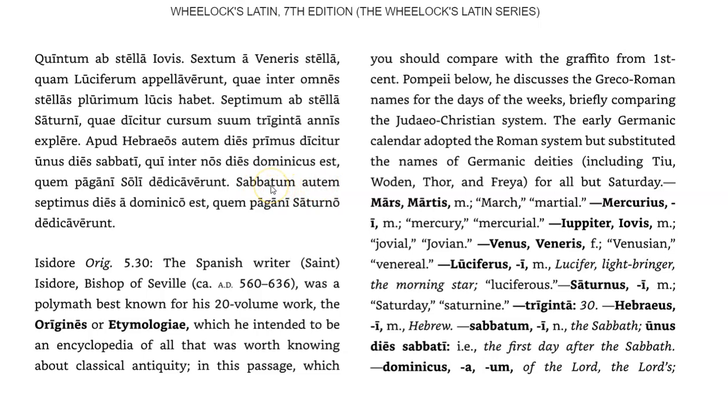But the Sabbath, ad Dominico, but the Sabbath literally is the seventh day from the Lord, which the pagans had dedicated to Saturn. So this one is the direct object here. But the day of the Sabbath